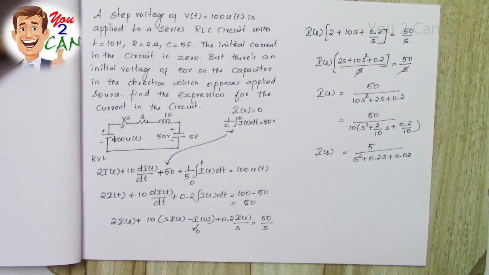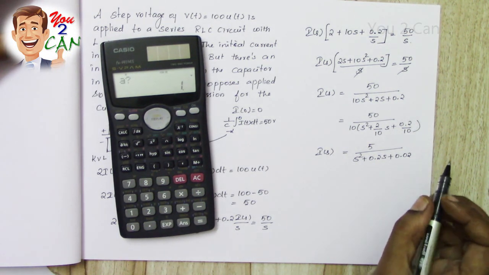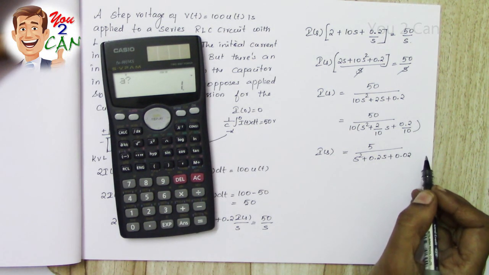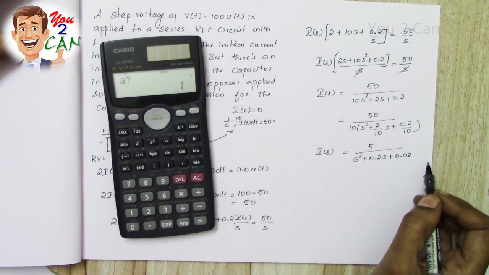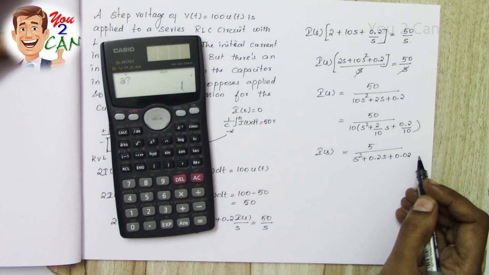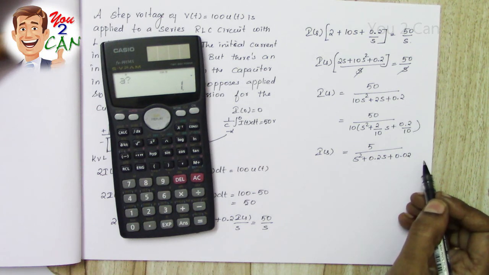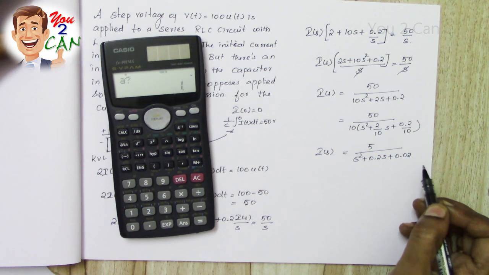So if we find the roots of this equation, we will get underdamped case, that is we will get complex roots. Okay, we have already seen an underdamped case earlier, in which I have taught another method of solving. Here I am teaching you a different method. This is an easy method, I think so.